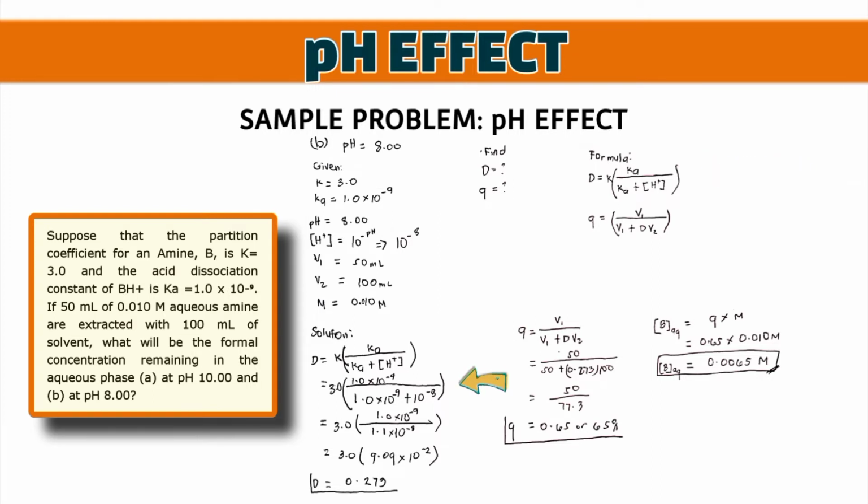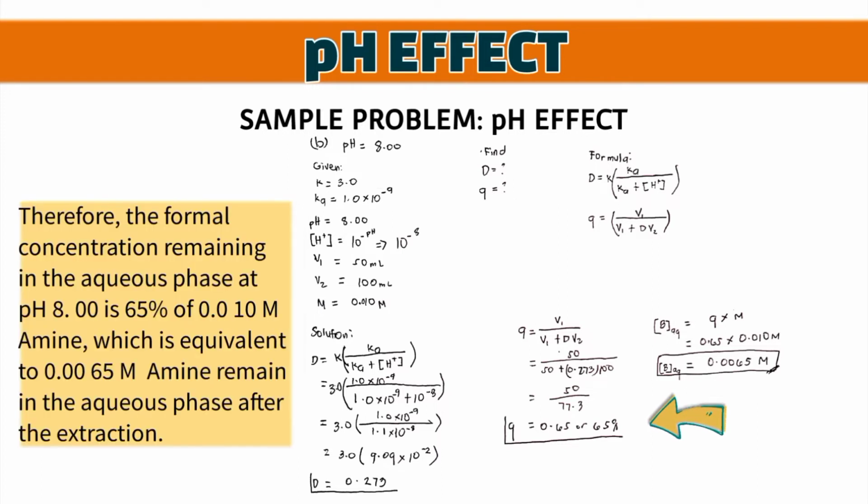Substitute all the given values in the formula, and solving it will give us D is equal to 0.273. Now we can already solve for Q using the formula for Q. Substitute all the given values in that formula, and solving it will give us the result of Q is equal to